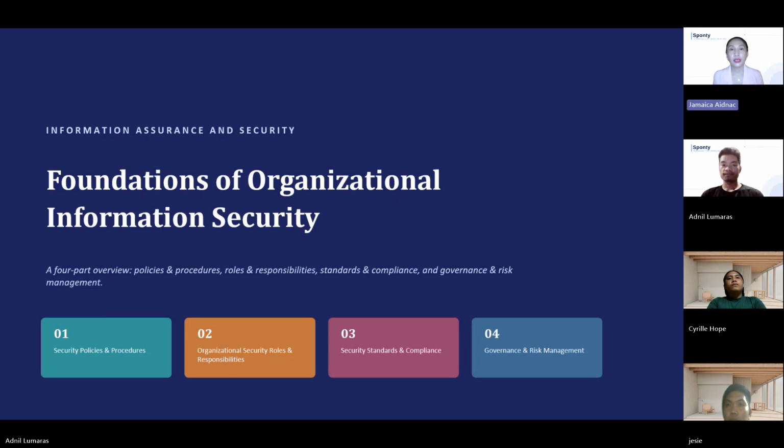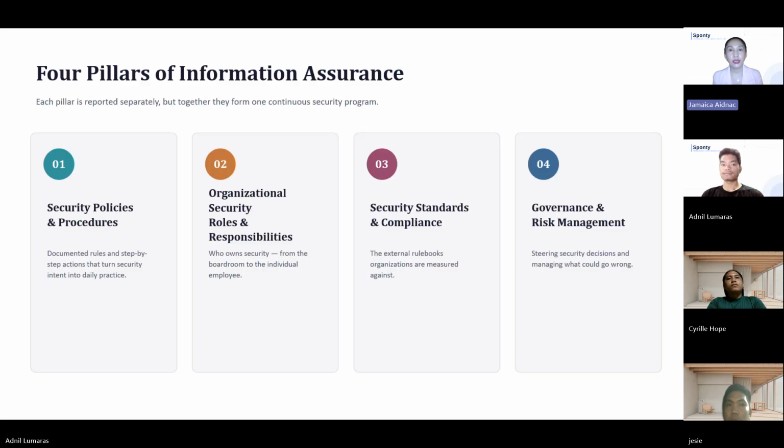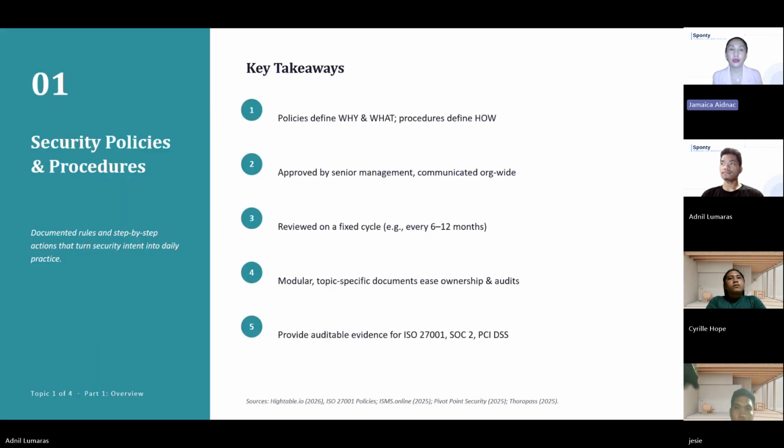The documented rules and step by step instructions that tell an organization's people what to do and how to do it to protect information assets. This is one of the four pillars our class is conveying, alongside organizational rules, standards, and compliance, and governance risk management. And it's fitting that we start here because almost every other control in an organization traces back to a written